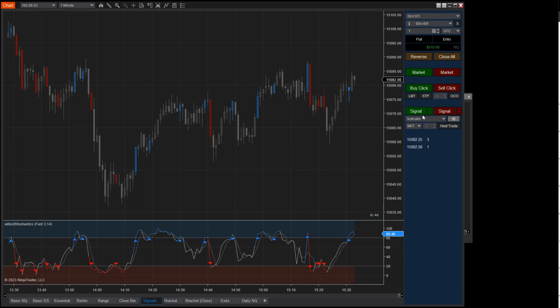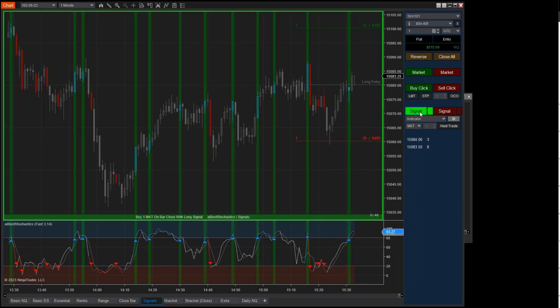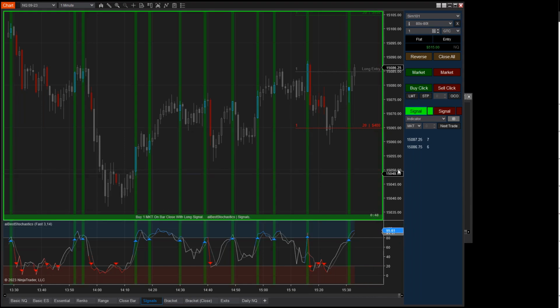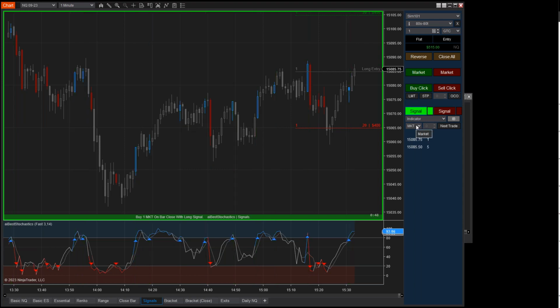So with this, you've got the same thing. You're just going to hit signal. You can see how it highlights all the long signals. This is just my stochastics indicator, which is buying as it goes into overbought, or selling as it goes into oversold. We're not here to get into the signals, right? But those are the signals configured. So if I turn this on, we're going to literally be pending with a buy at market. So market order buy the next time we get a signal bar.